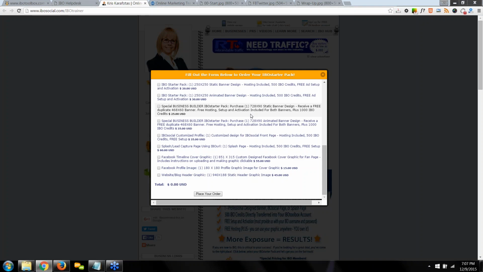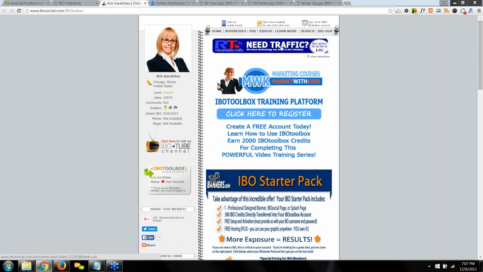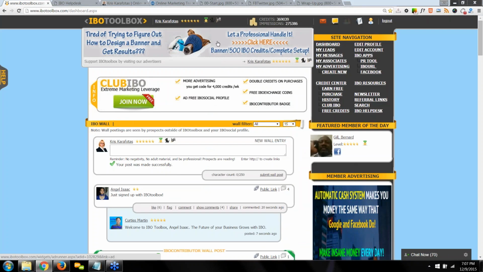A couple of things I want to say about the banners. The 468 by 60 runs up top here, in this area of your IBO social profile page, and the 728 by 90 runs up top here of IBOtoolbox. You definitely want a banner running on your IBO social profile page because it's really considered your public storefront.